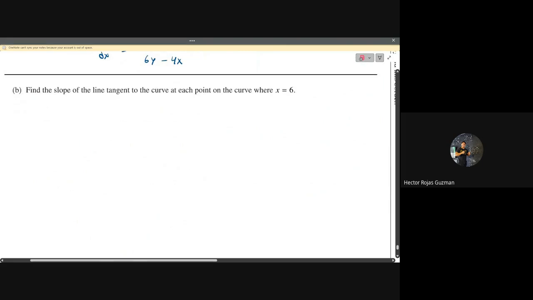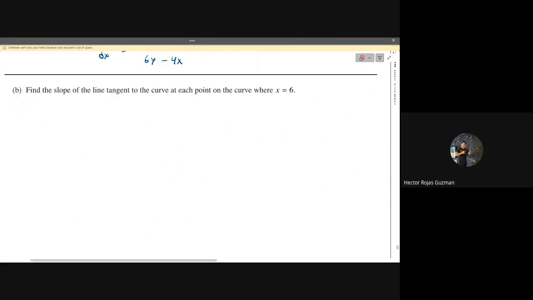Find the slope of the line tangent to the curve at each point where x is equal to 6. Okay. Well, since my derivative dy/dx is already given to me, here's the thing about this question. Even if I didn't get the first part correct, I could still work on this question because I'm already given the derivative, right? So I just go ahead and recycle what was given to me. If I want to find the slope where x equals 6, notice how we're going to have some y values. So before I even start finding the slope, I think the first thing I should do is